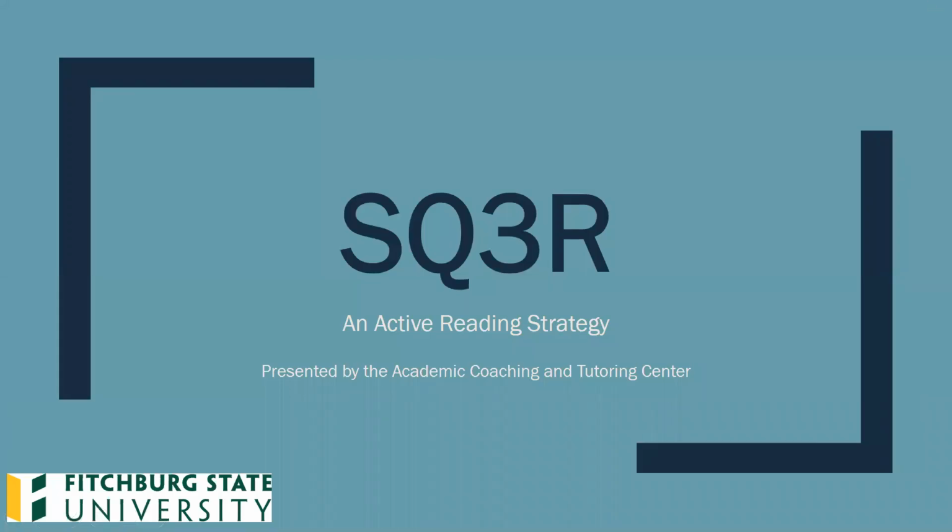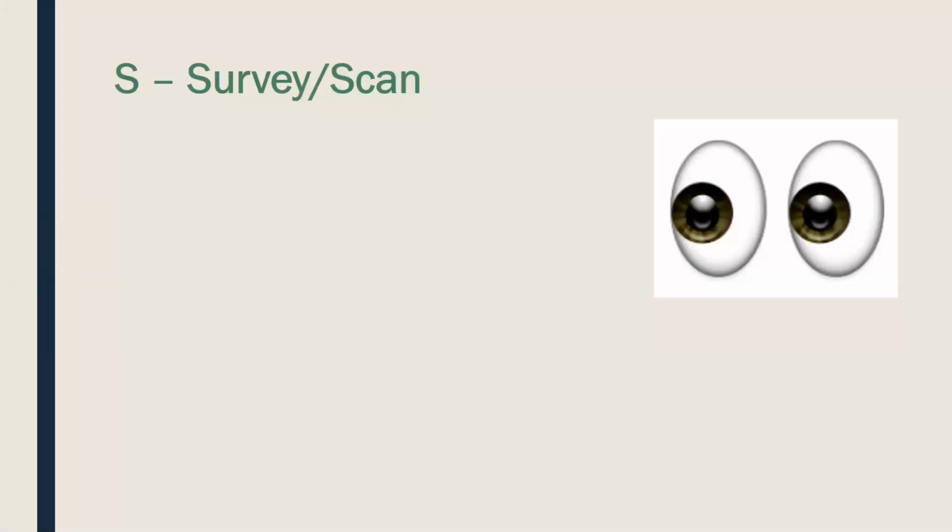Do you ever start to do your assigned reading from a textbook and after reading a few pages realize you have retained none of the information? If you answered yes to this question, I hope this active reading strategy called SQ3R can help you avoid this problem in the future. So when you get a chapter assigned to you for your homework, you first want to